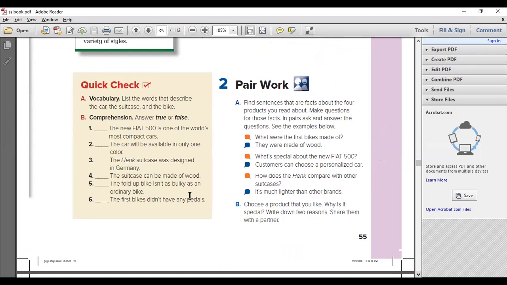Okay, now the last thing that we're going to have is the comprehension. We're going to write true or false. Would you like to have some time to answer, like 2 minutes? Yes, teacher, yes please. Okay, 2 minutes, and then we're going to answer.